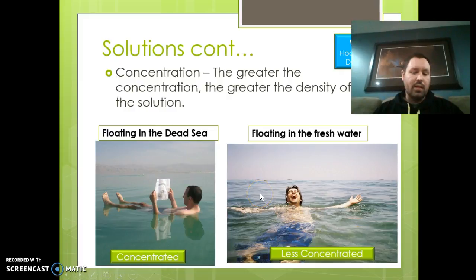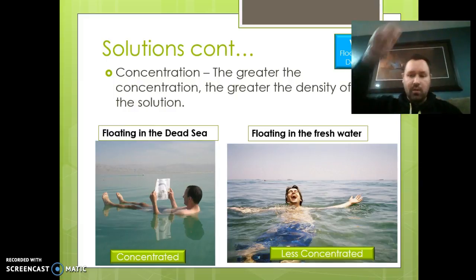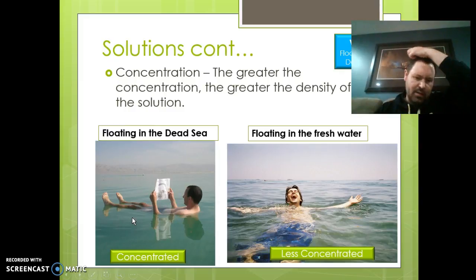Fresh water, like in Lake Erie, is a lot less dense because it has a lot less solute in it. More solute, more salt, more dense. Less solute, less dense. In fact, I think in the previous video, one of the guys that was showing you around the sugar shack, he had a tool that you put in the liquid, and it sees how high that tool floats. I think it's a hydrometer,